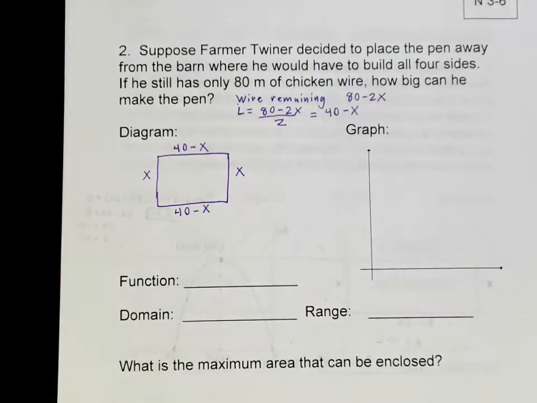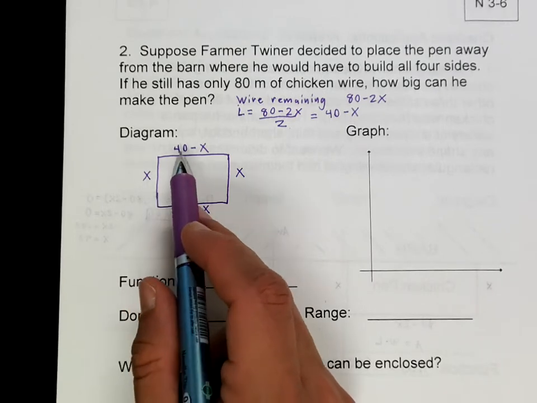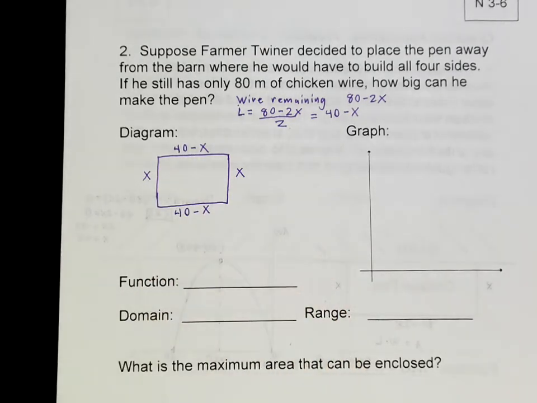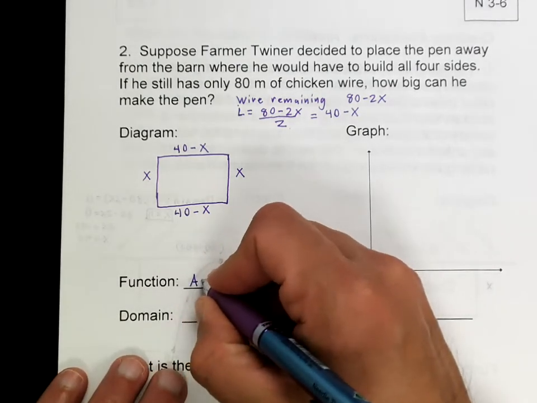Okay? Now, if that doesn't make a whole lot of sense, then at this side, if I add this plus this plus this plus this, I should get 80, and I do. Okay? So similarly like the other one, the function, right, to figure out the area of a rectangle,